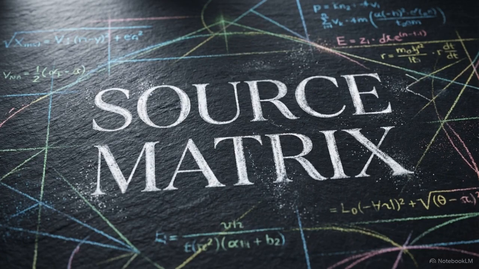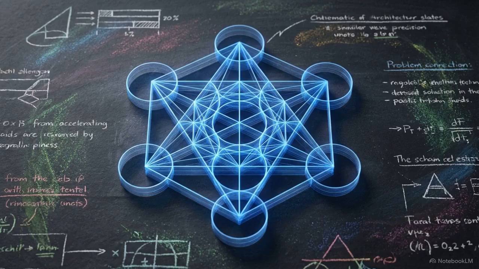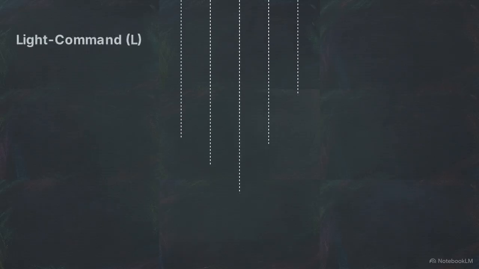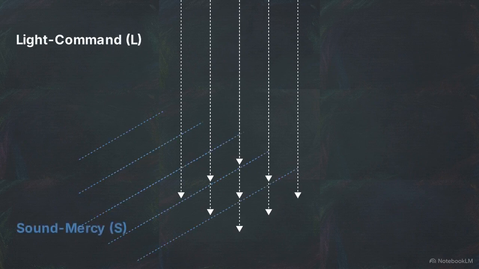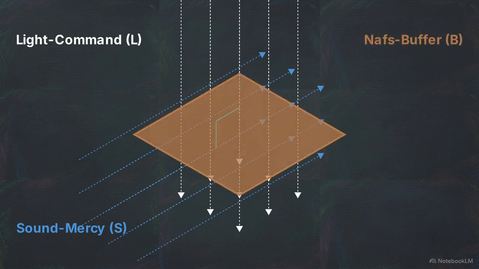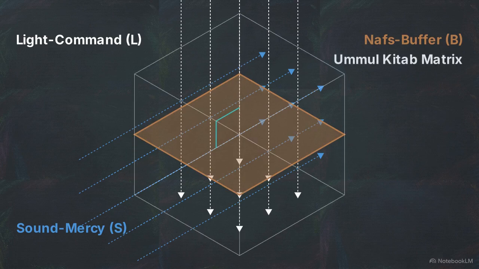The dual caustic universe, or DCU, framework redefines this container as the al-Kitāb, a master template that houses the underlying logic of reality. This system is pressurized by two orthogonal vectors, an external light command field acting as an exciter from above, and a sound mercy field providing a ground from below. Where these perpendicular fields intersect, they generate a dense interference pattern, a stable membrane defined as the Knopf's buffer.